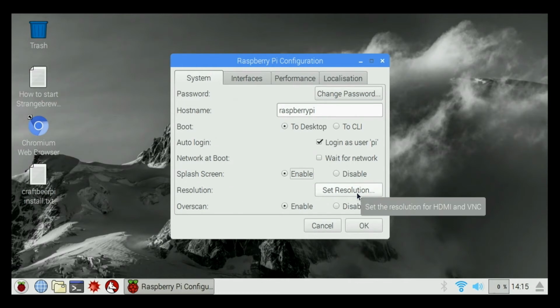We can set our resolution. This is something that's in the latest version of the Raspbian operating system. It is not in the earlier versions, so you may or may not have this set resolution screen. Overscan enable or disable, depending on your monitor that's plugged in. You may have some black bars around the screen, or maybe not. You can enable or disable that to change the settings to see if you have black bars